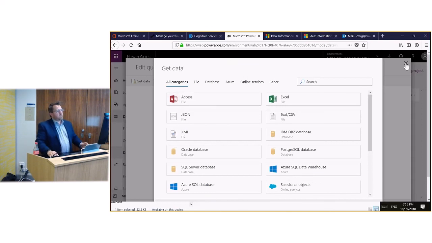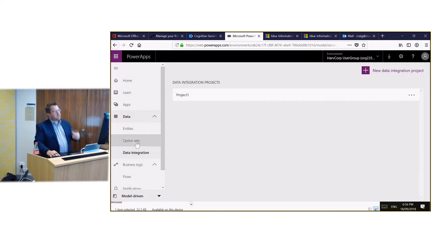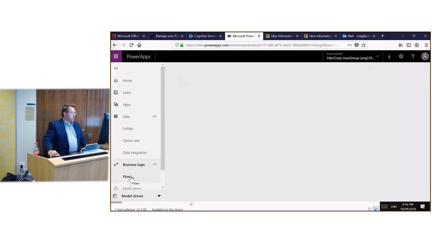So this is a bit more enterprisey in a sense of it's packaged up as part of this, as opposed to a flow that's running under an individual's account. The other thing I'll click onto is flows,